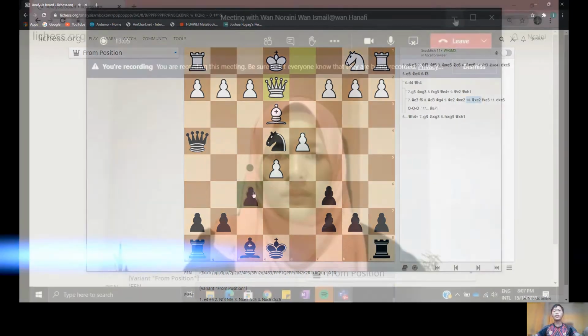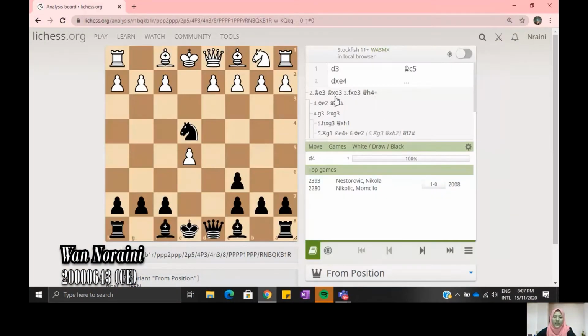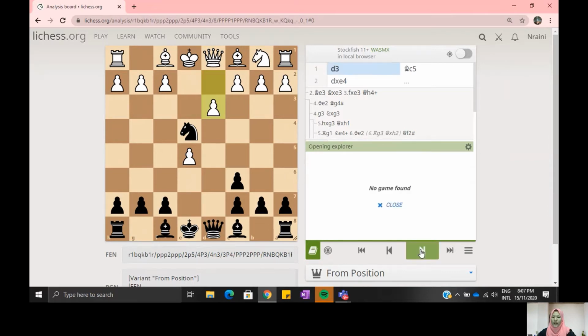gaining the tempo. My name is Raini and I'm going to tell you about the second variation for the Stafford Gambit. So here, as you can see, white plays d3, which looks logical to keep this knight away,